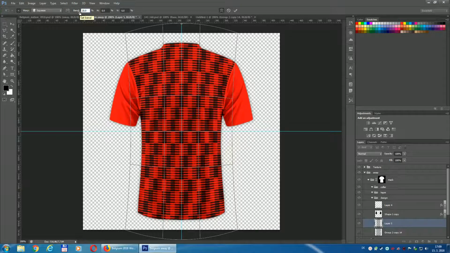Do you see what I did? I squeezed the pattern, and it now really looks like it's originally from the kit. I hit enter to have it right,